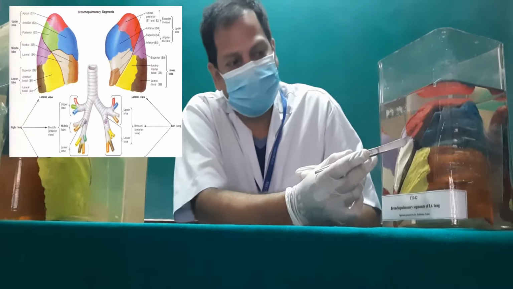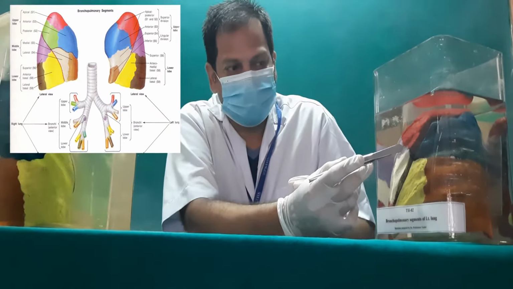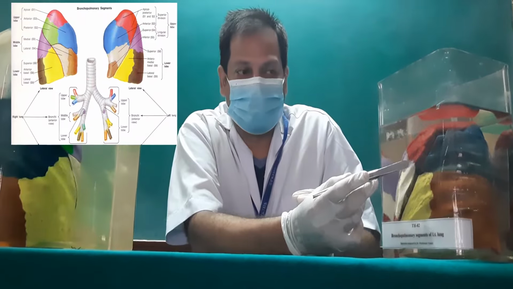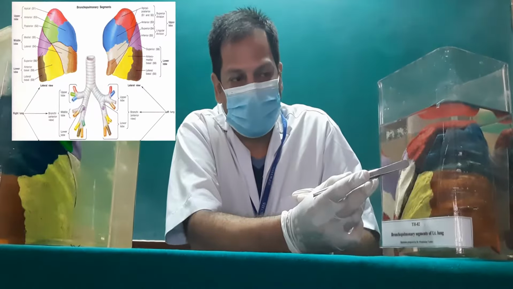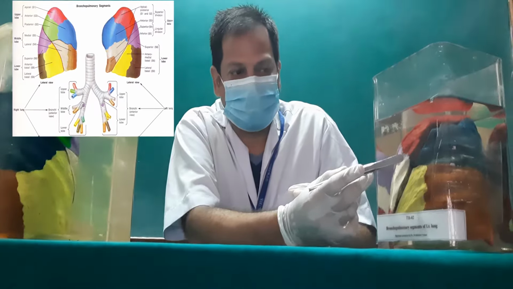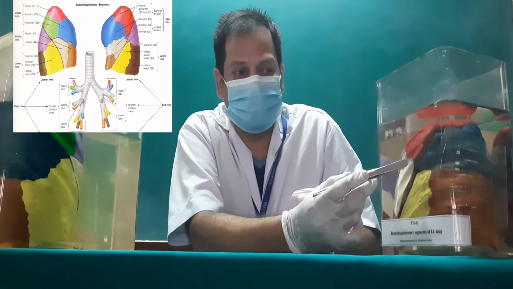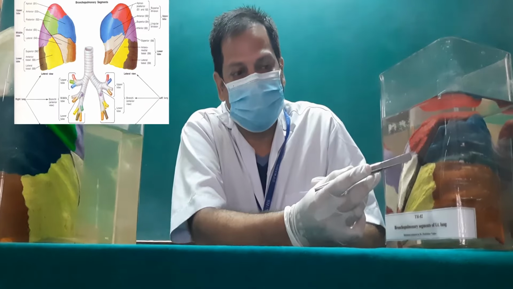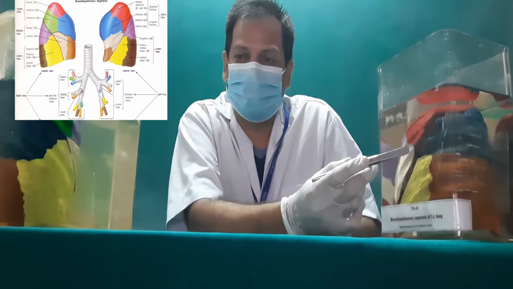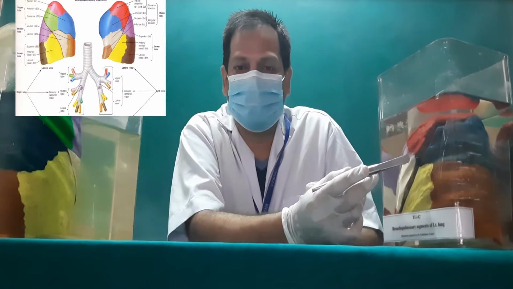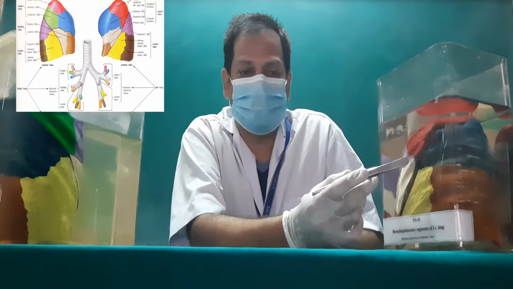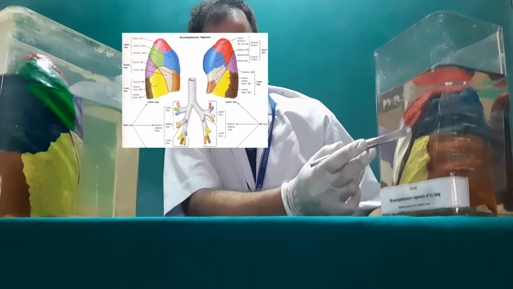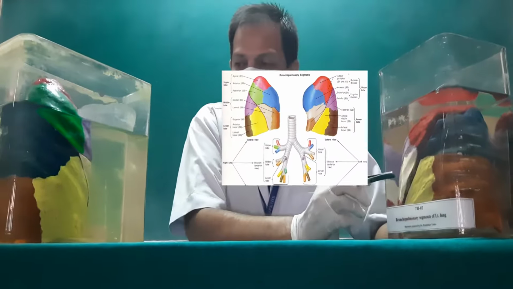So bronchopulmonary segments are the areas of the lung which are anatomically, surgically, and functionally independent. It has its own artery and tertiary bronchus, but the vein is intersegmental, and the importance is that it helps in surgical resection, and also it prevents the spread of infection. But in the applied part, tuberculosis and bronchogenic carcinoma can spread beyond the bronchopulmonary segment. So anatomically, in the right lung and the left lung there are 10 bronchopulmonary segments.